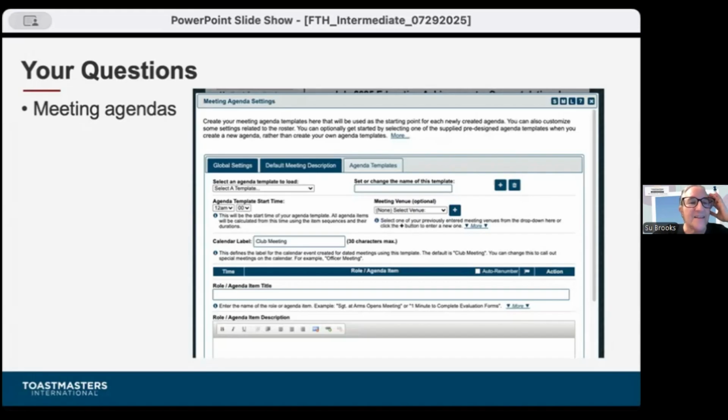and that is under your meeting agendas settings, you can choose various options. You can select an agenda template to start, or with the drop down, you could choose another meeting that you already have a template for.